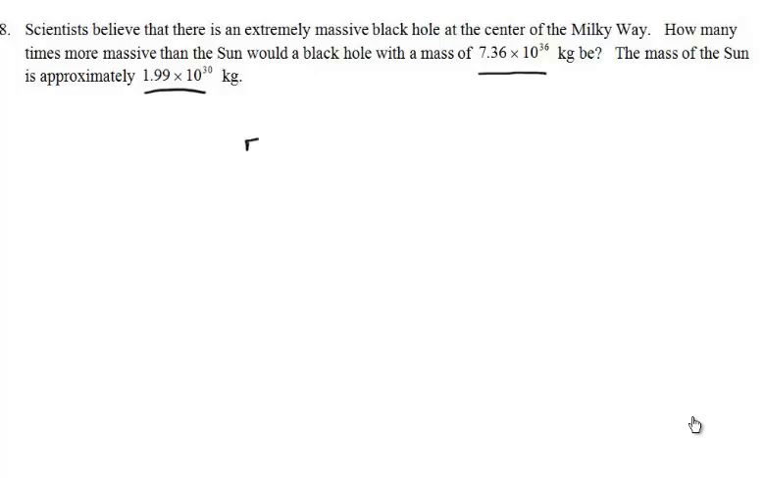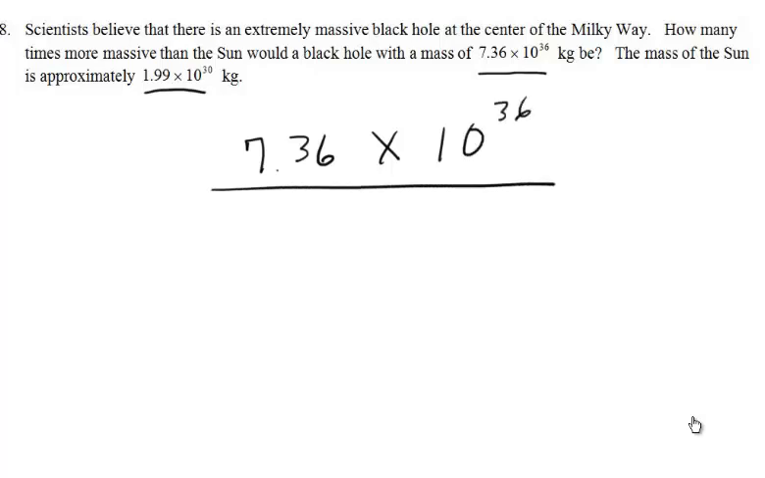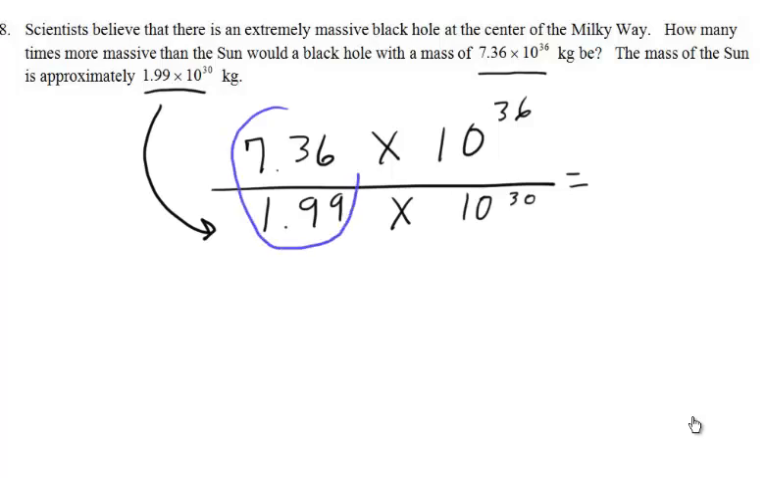So again, we're going to be just doing a little division, come up with a quotient, times 10 to the 36th power, and we're simply going to divide that by what they give us right here, 1.99 times 10 to the 30th power. And of course what we have to do first, we're going to divide this piece here, and that gives me